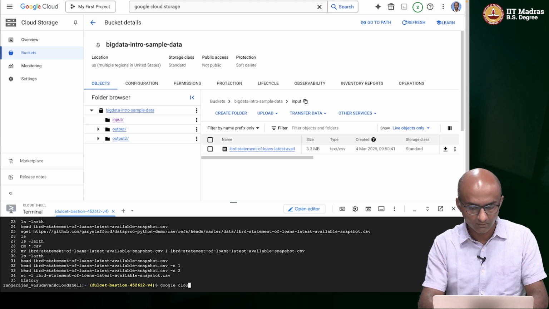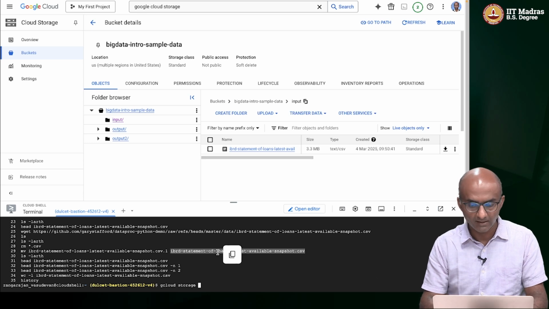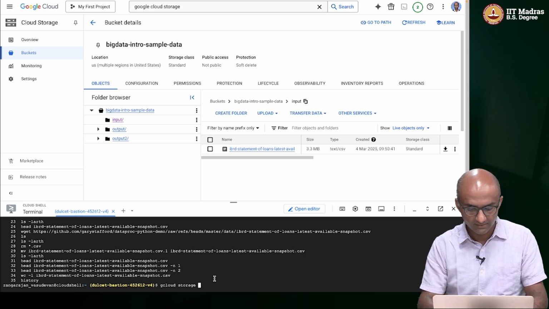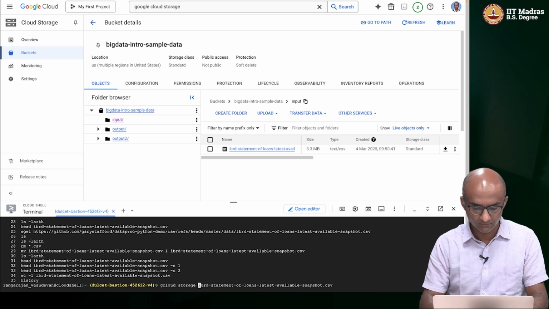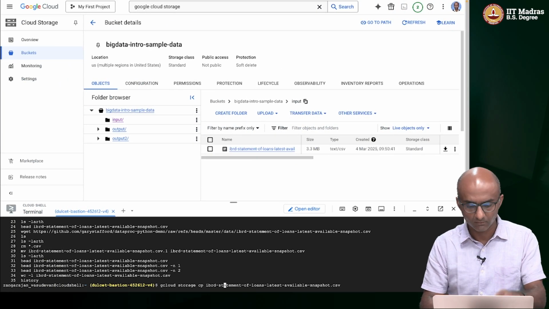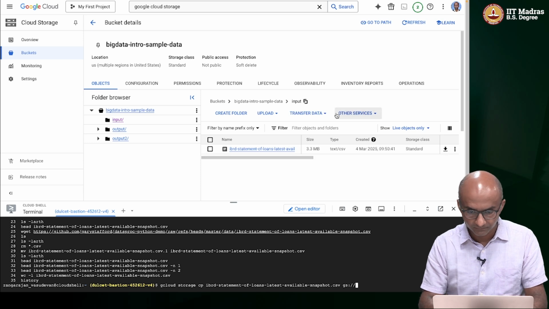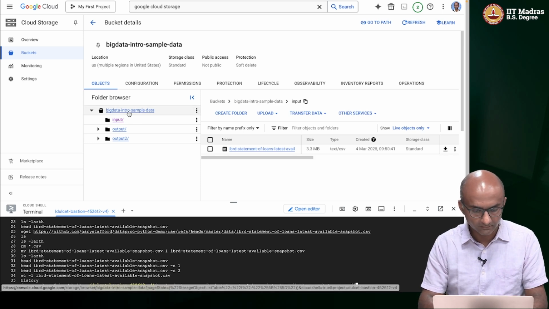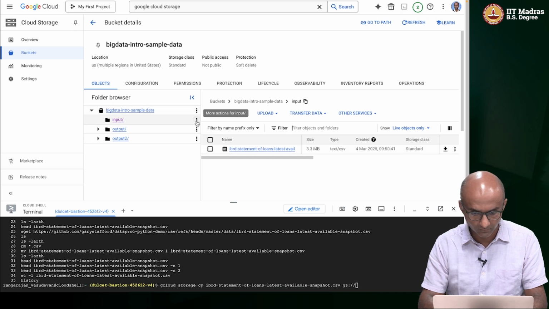You can say gcloud storage, and provide the details of what you want to do. In this case, I want to take this file and upload it into this bucket. So you would take the file name that you want to upload. So you'll say gcloud storage copy, and you would then give the file name and then provide the destination bucket. The destination bucket is obtained by looking at the input folder. So the input folder, if you go click on that,